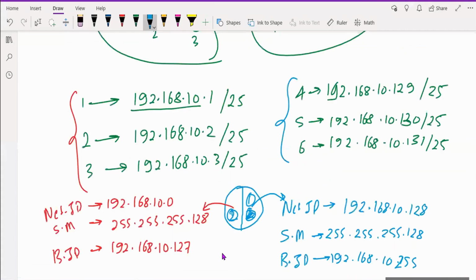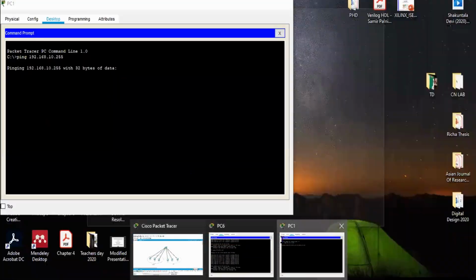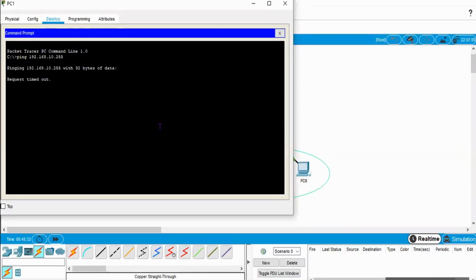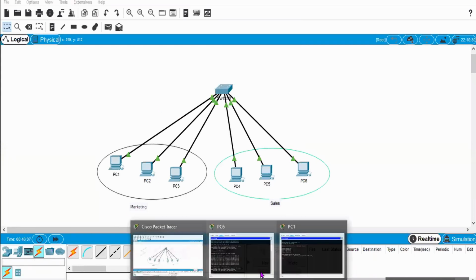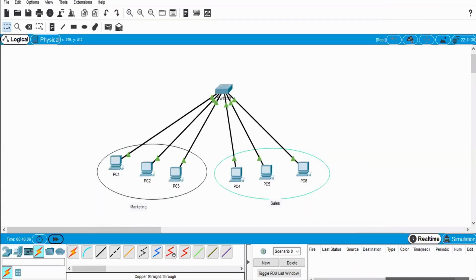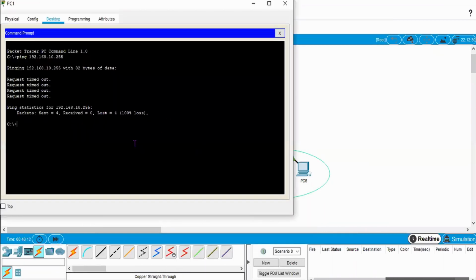Now if I do a ping, it's a broadcast. If I want to do a broadcast in the marketing department, basically I need to ping 192.168.10.127, because for that cluster the last IP address is .127.